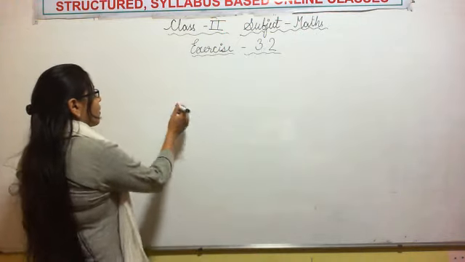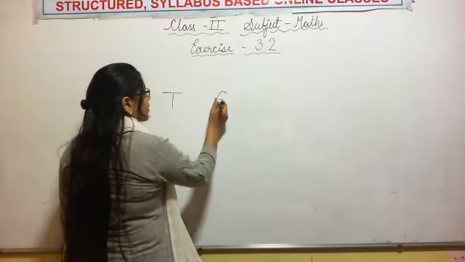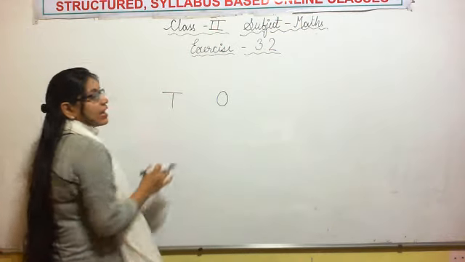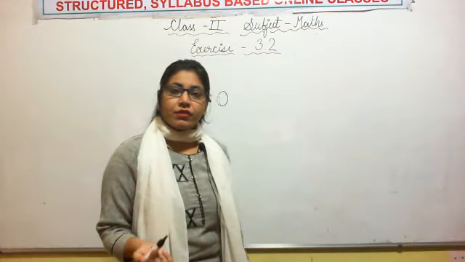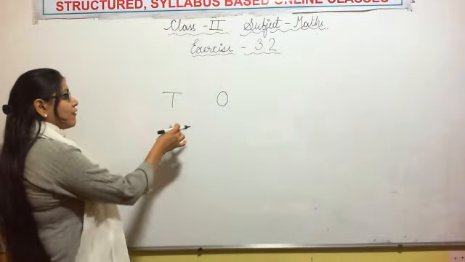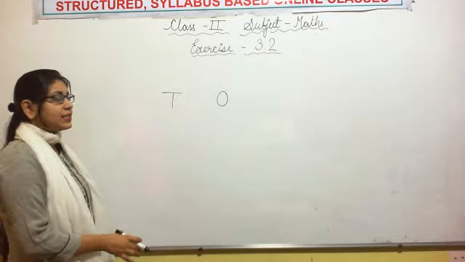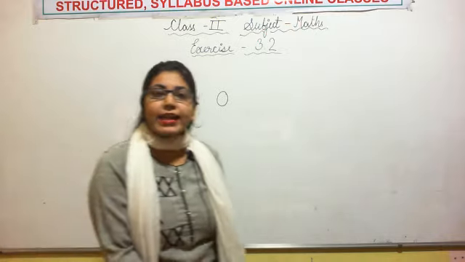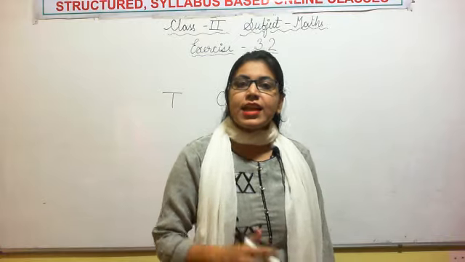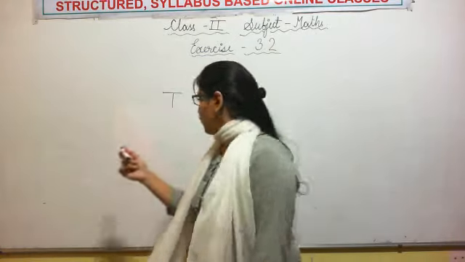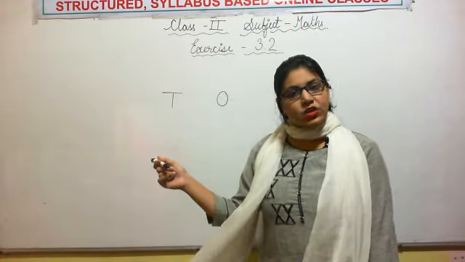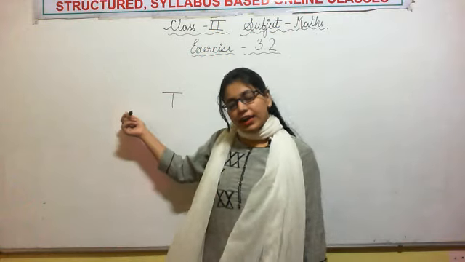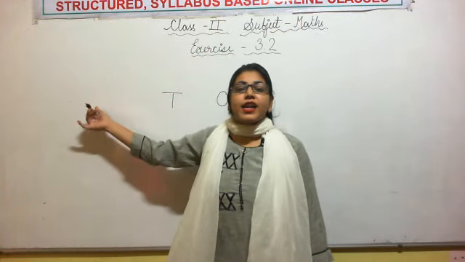How does column method look like? In column method, if a 2-digit number is there, then we write 2 places. If a 3-digit number is there, then we write 3 places. We write ones below ones, tens below tens, minuend and also subtrahend. Then we subtract ones from ones, and then move towards the next column, which is the tens column. Then we subtract tens from tens. If a third digit is also there, then we subtract hundreds from hundreds.